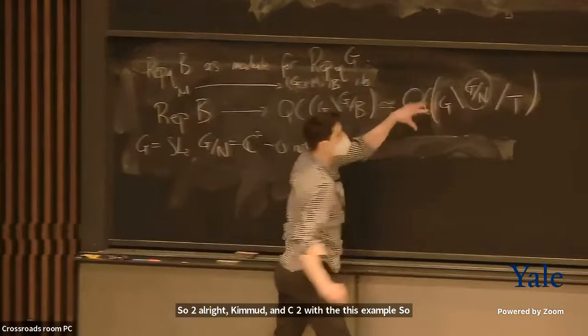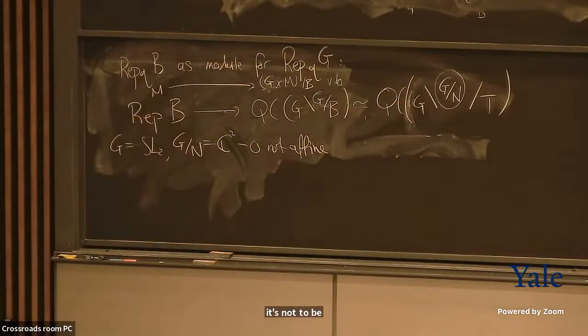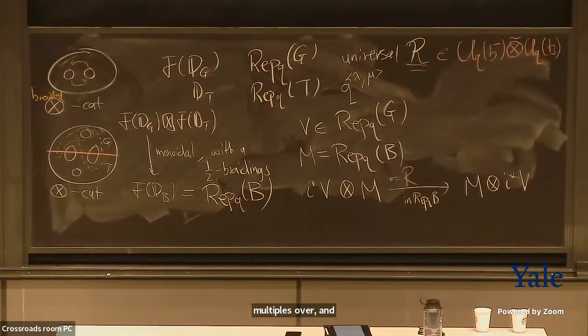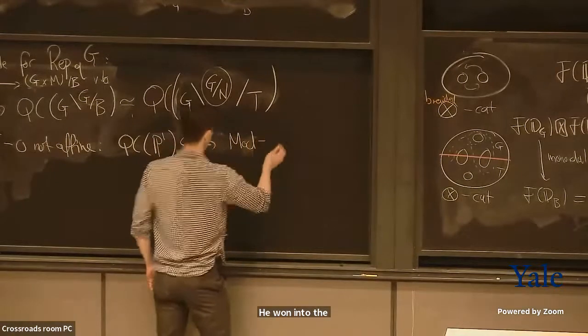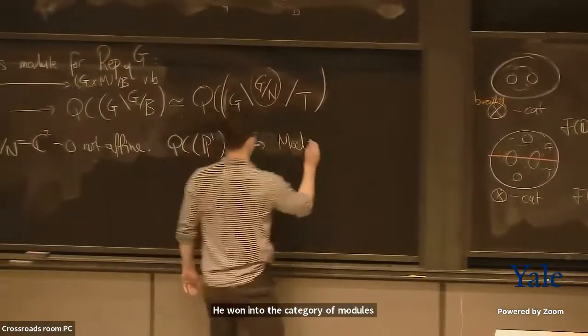So we can't hope to, on the nose, identify this category with the category of equivariant modules over an algebra. But of course, again, thinking about basic algebraic geometry, we sort of know what we should do, right? In this case, the geometry is obviously P1. And we can embed the category of sheaves on P1 into the category of modules over the affinization.